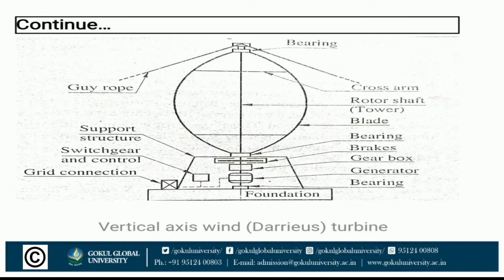It is a diagram of the vertical axis wind turbine. Vertical axis wind turbines are generally not self-starting and have low power coefficient. These are the major disadvantages. They require a mechanism to start from the stationary position. Additionally, there is a possibility of running the blade at a very high speed and causing damage to the system.